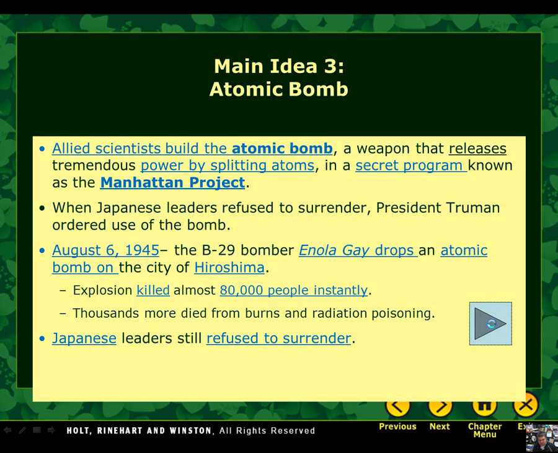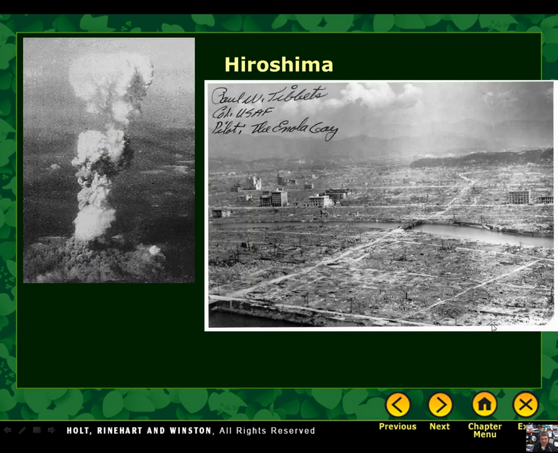I want to show you some of the images of devastation. On the left, you can actually see the cloud from the releasing of the bomb. On the right, you can see there is very little left of the city after the dropping of the bomb. There used to be buildings and homes here. You can even see some of the buildings that were left standing, but everything else is gone. You can see the trees are just sticks, or there's nothing left.